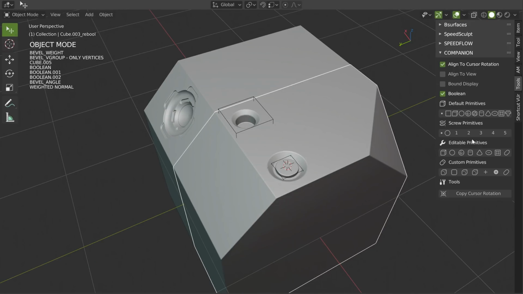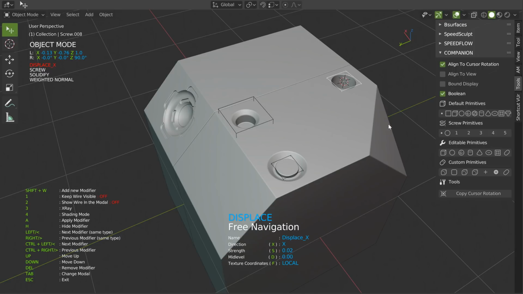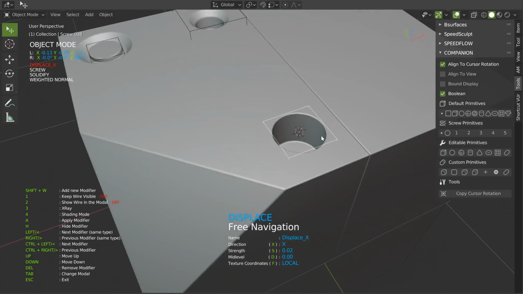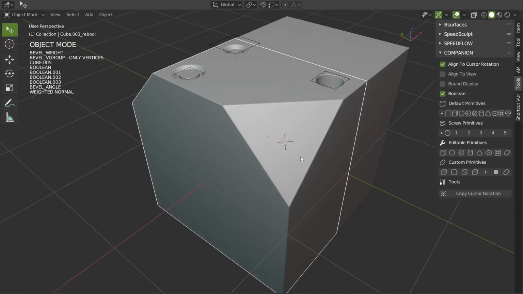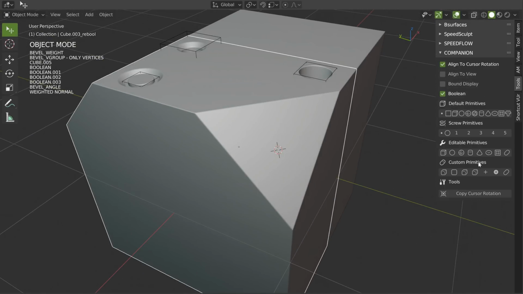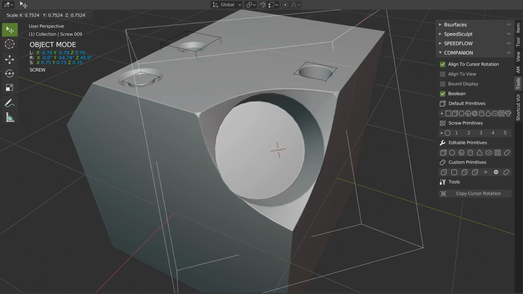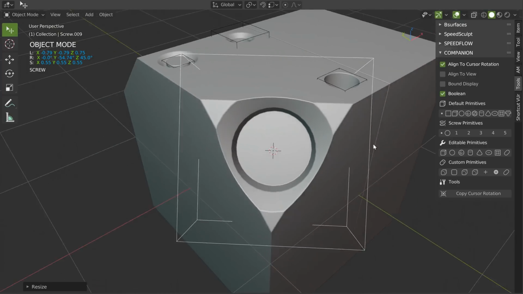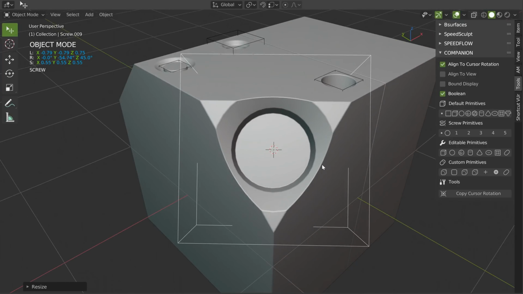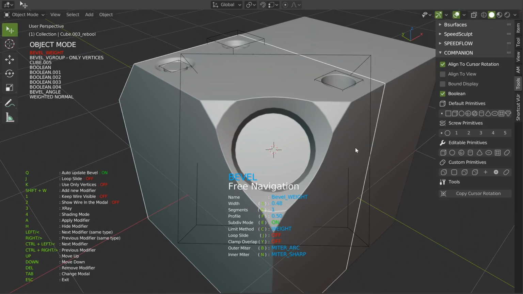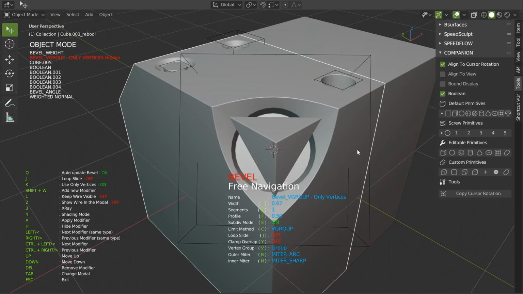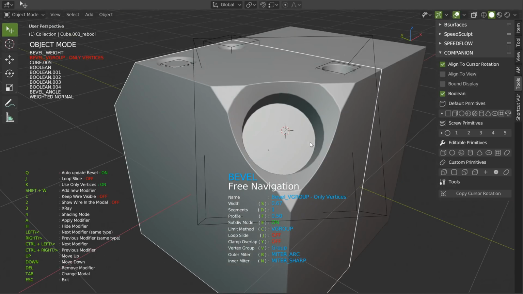What else? Yes, this one is pretty simple. You click, boom, you are here, you have your hole. If, for example, I come here, I can make something like that. And as you can see, this is this. I can, for example, take this one, boom. Oh, this one is interesting. But as you can see, it's not centered, because this has a bevel. So if I edit the other one, oh, this is interesting. I need to apply it to be able to place the cursor after.